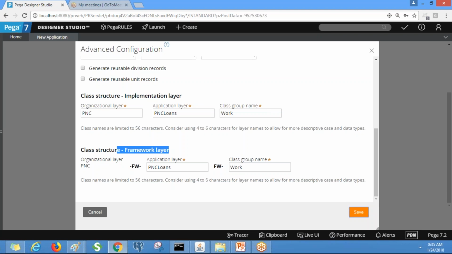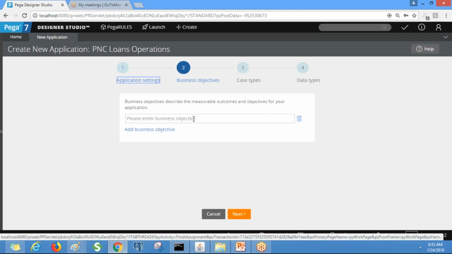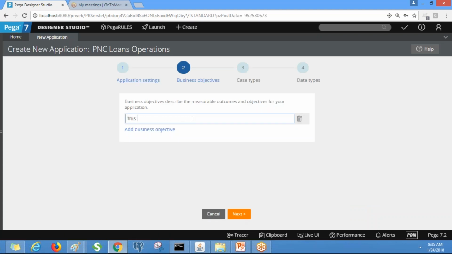Click on save, click on next. So business objective, this is for designing loan applications.